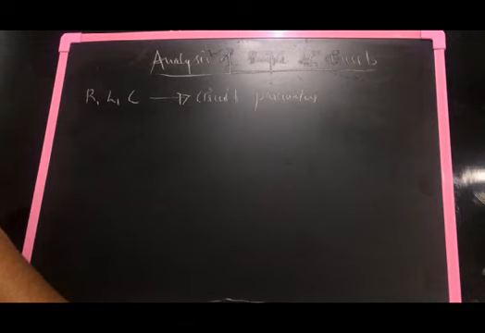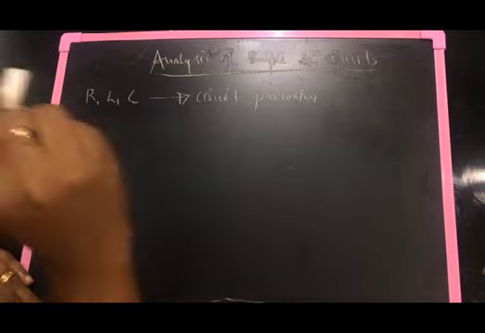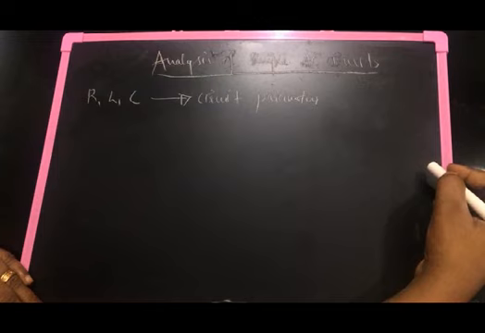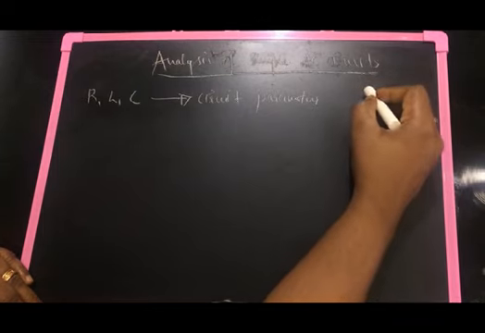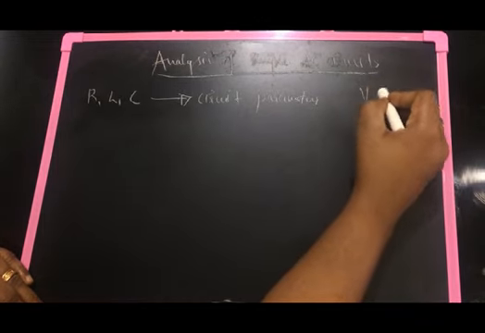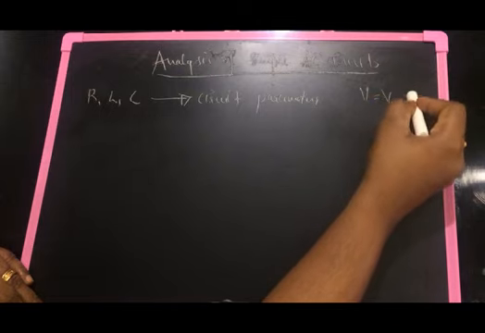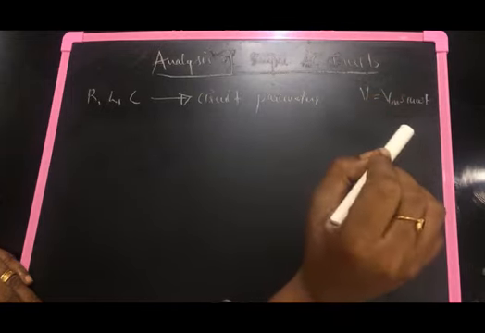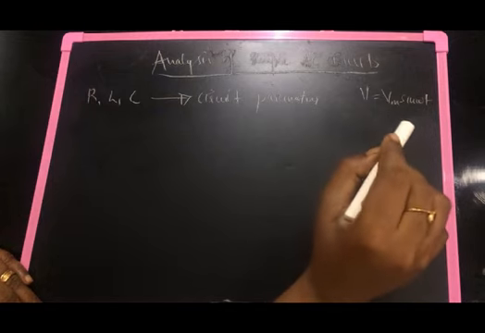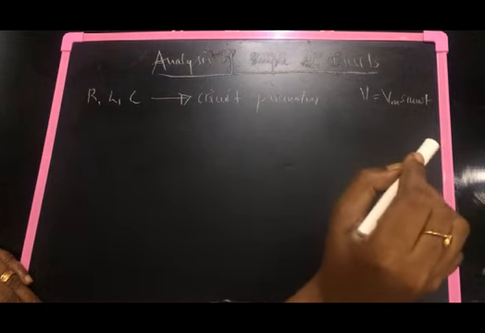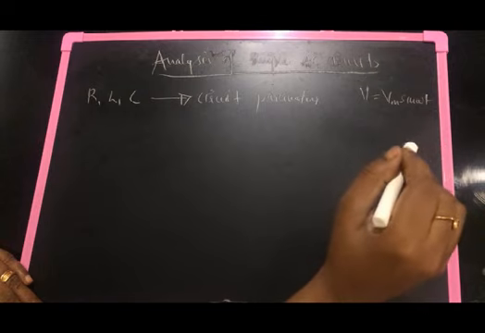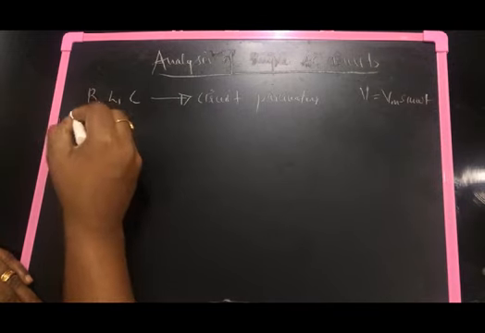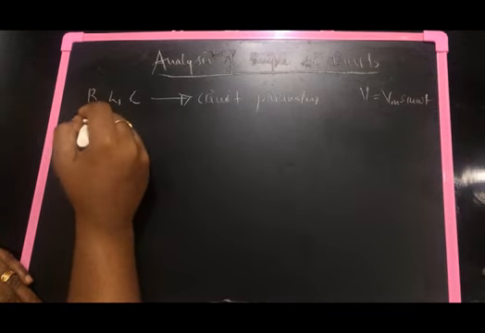So we are here going to look at the analysis of circuits which are a combination of R, L and C. Earlier we have already learned the generation of AC voltage. What we learned there is V is equal to Vm sin omega t. I hope everyone remembers this equation, V is equal to Vm sin omega t, from the topic generation of AC voltage.